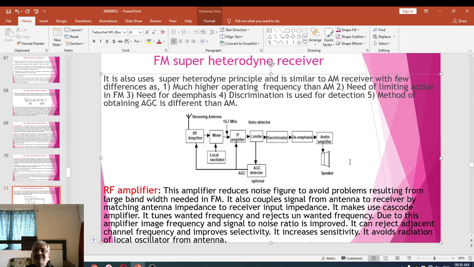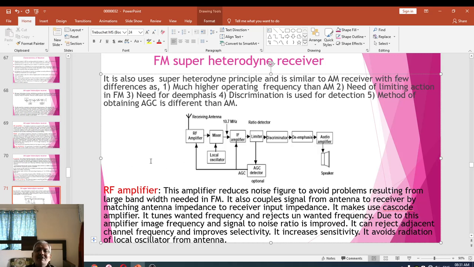Thus it produces the audio signal, the acoustic signal at the output, which is transmitted in the FM transmitter. Friends, this is how, in general, the block diagram of the FM transmitter and receiver works, and how the FM receiver works. Friends, now we'll see the details in descriptive manner.